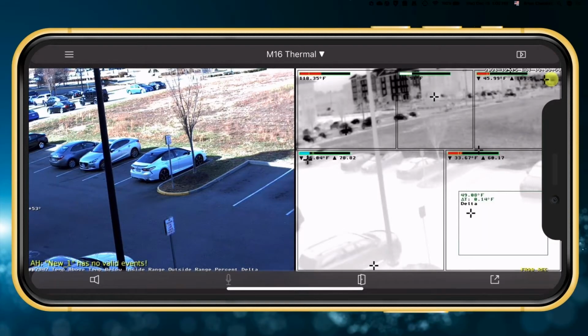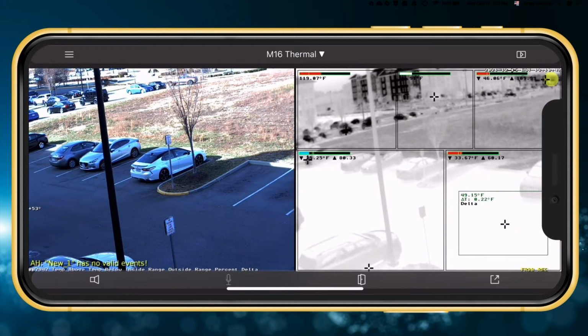Okay, this is a camera. You guys are probably aware of these cameras because you're joining this webinar for the live app, so you must know something about Mobotics already. So this is again my M16 thermal outside on my balcony, and I've got just a day color sensor on the left side, and then my thermal sensor on the right. I won't go into explaining why I've got different windows set up, but that's just for different thermal parameters that I've got set up when I do demonstrations for that.